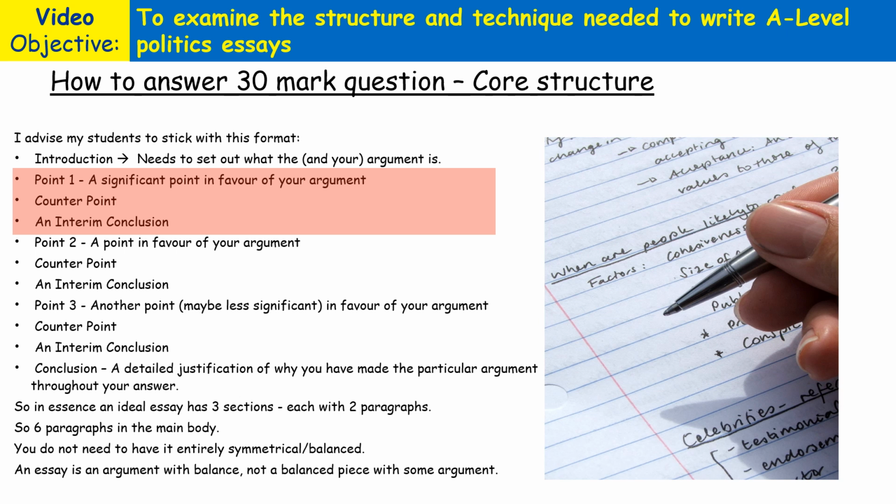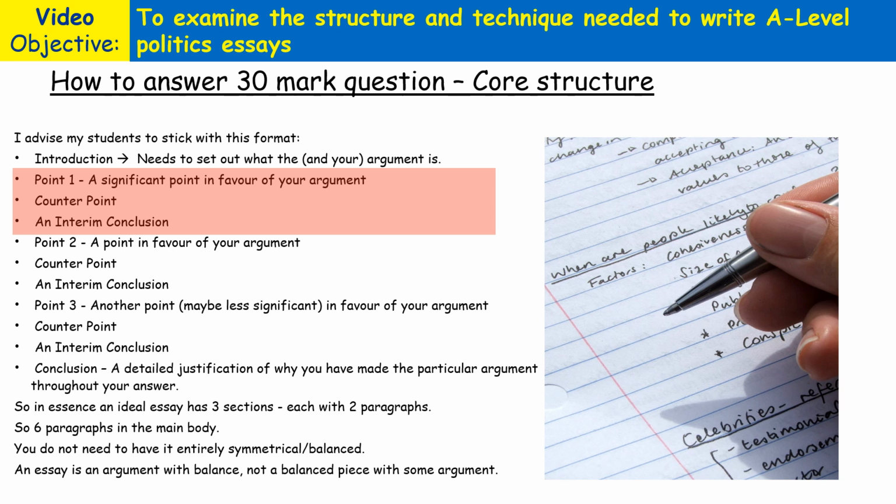Don't just sit on the fence. Make sure you make it absolutely clear what your argument is going to be throughout your essay. Then you need to break down the main body of your answer into 3 different sections. And in each section, you need to make sure you get across what your argument is, show an awareness of what an alternative argument or a counter argument might be, and then a mini judgment, also known as an interim